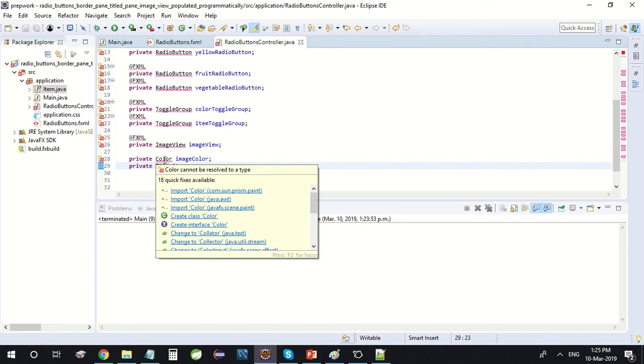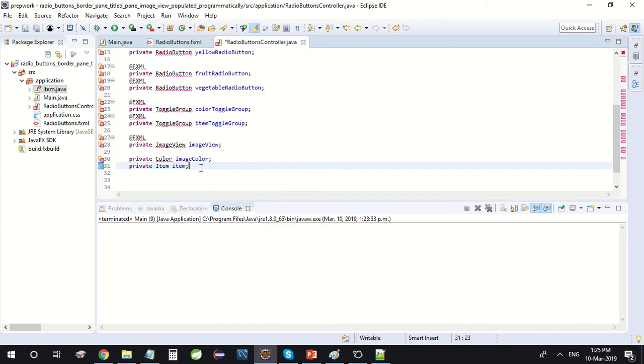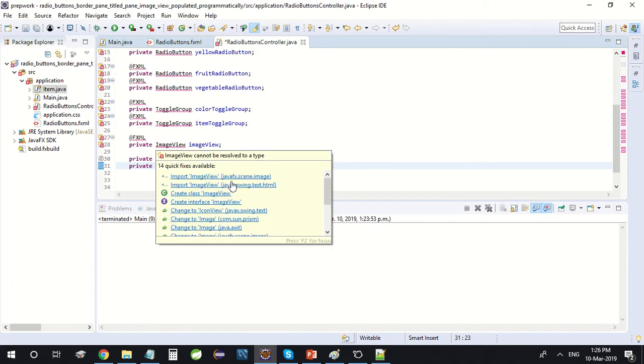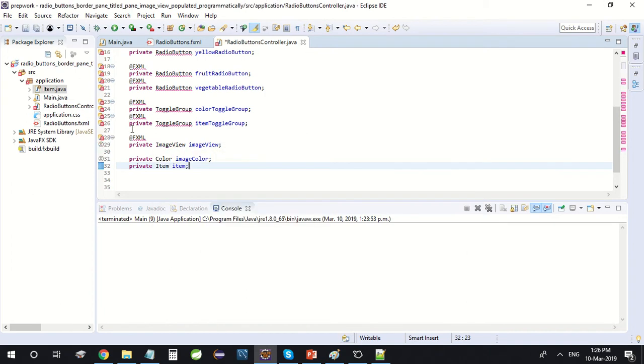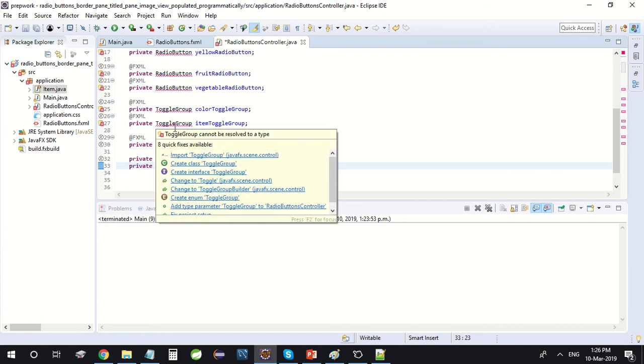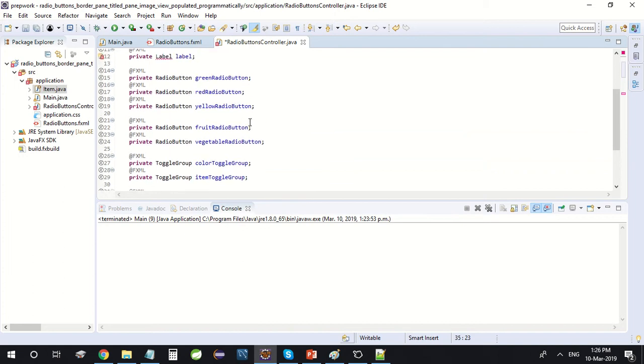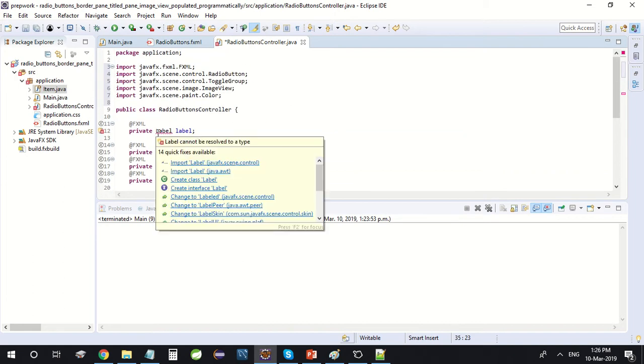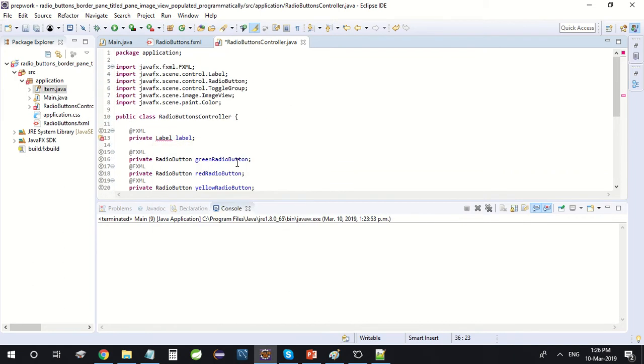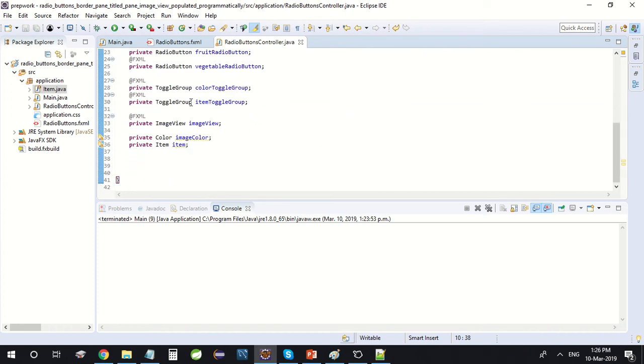So I want to import all of them. For color, I want javafx image view, javafx fxml annotation, javafx toggle group, javafx radio buttons, and javafx label, javafx library. Okay, so now that I have declared everything, I also need one method for the click button, which